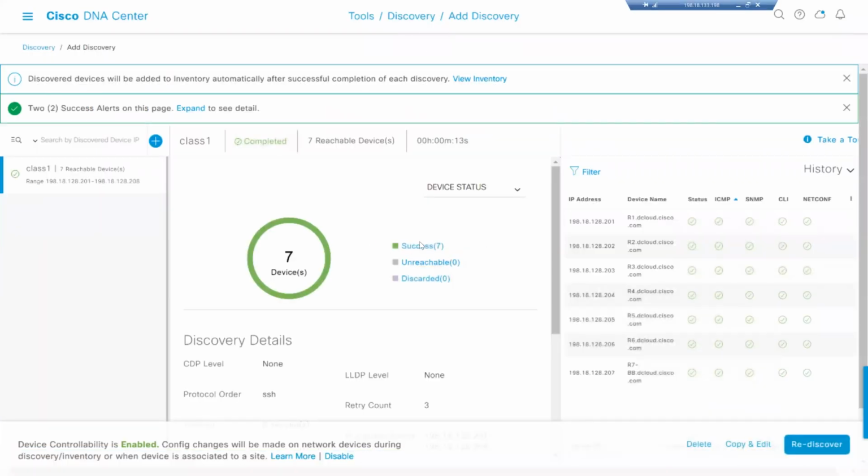So now you can see 7 devices successfully discovered. The status, the SNMP, the CLI, the netconf, all these are green, green, green, green. That means we are very good. But